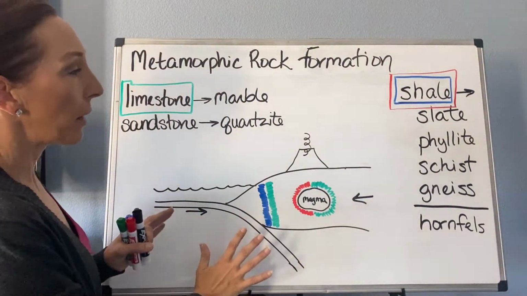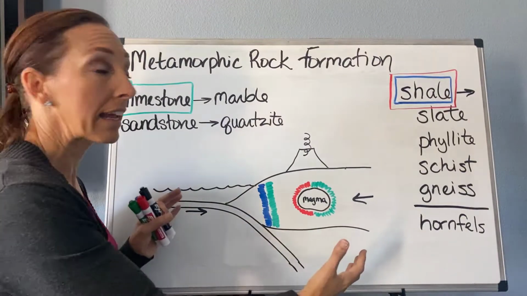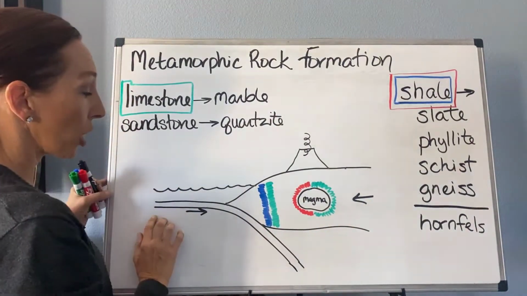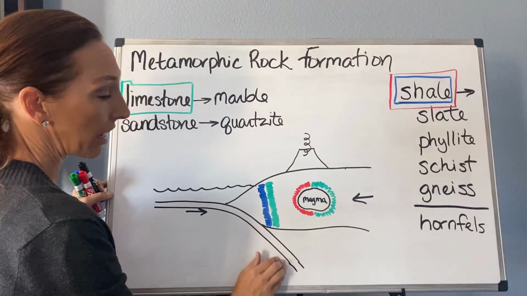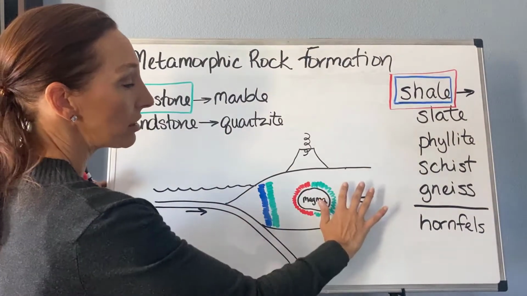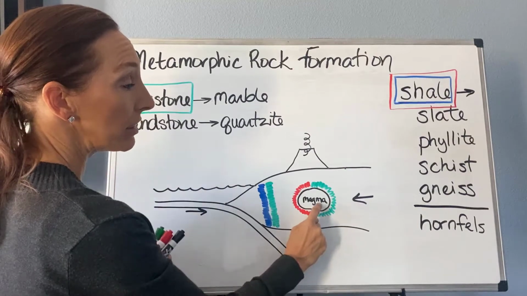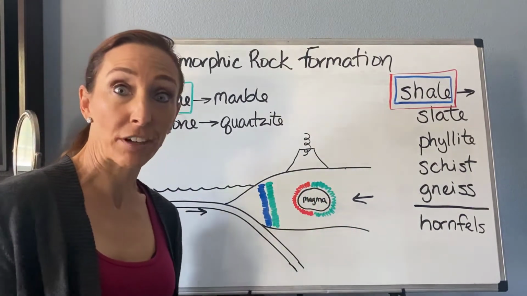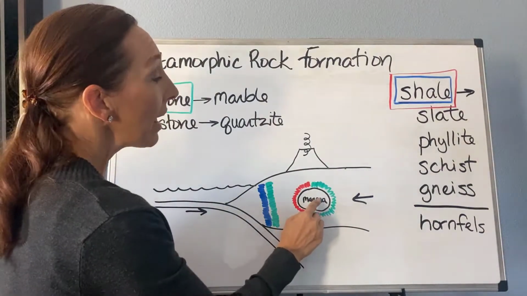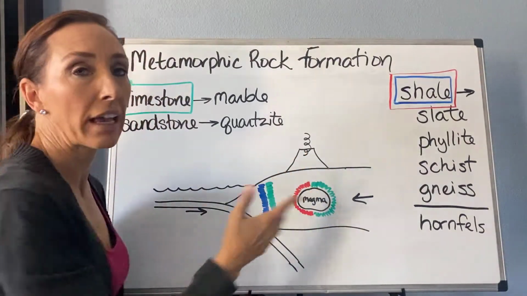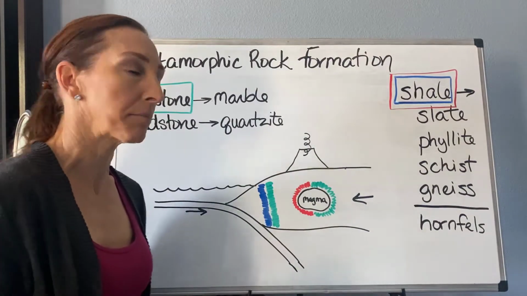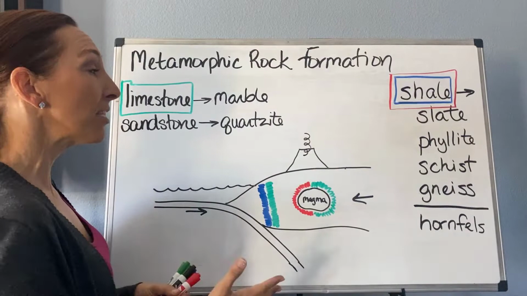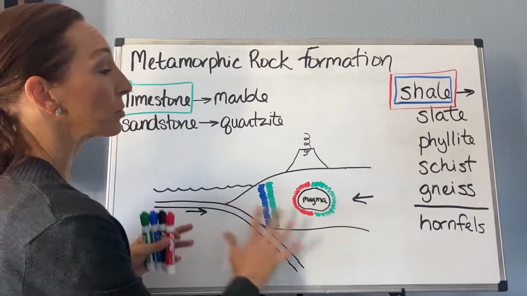So I'm going to talk about how we form each of these at an ocean to continent convergent plate boundary. So we have our oceanic crust that's diving down underneath our continental crust. A melt is generated, so you see that magma there. That could eventually cool to form something like a granite or a gabbro. And that melt will continue up and form our volcano. That could be a rhyolite or an andesite, something like that. So we're going to kind of ignore the igneous rocks for now,